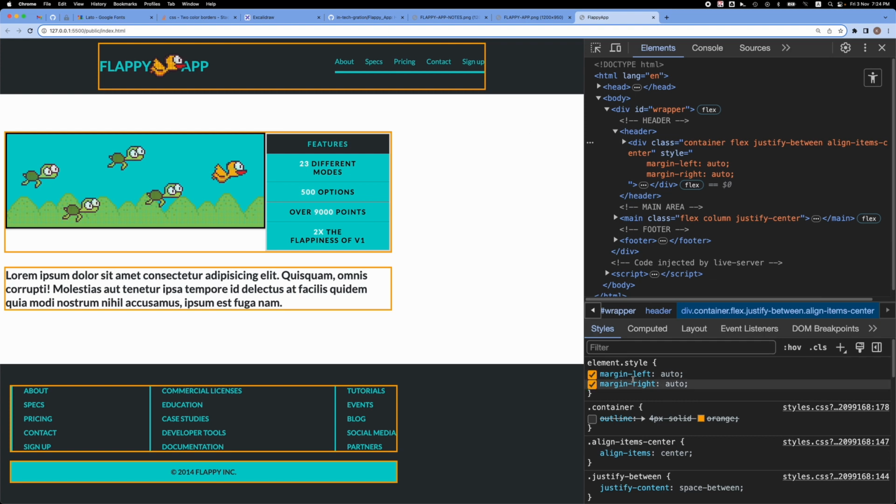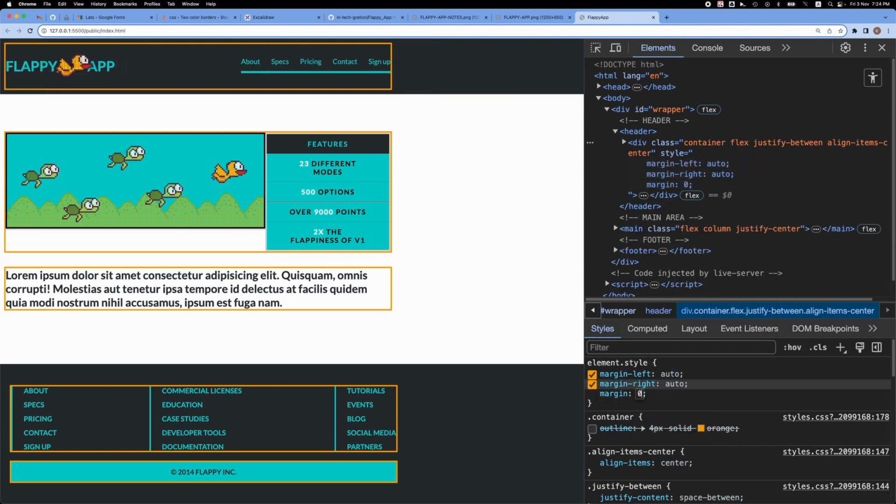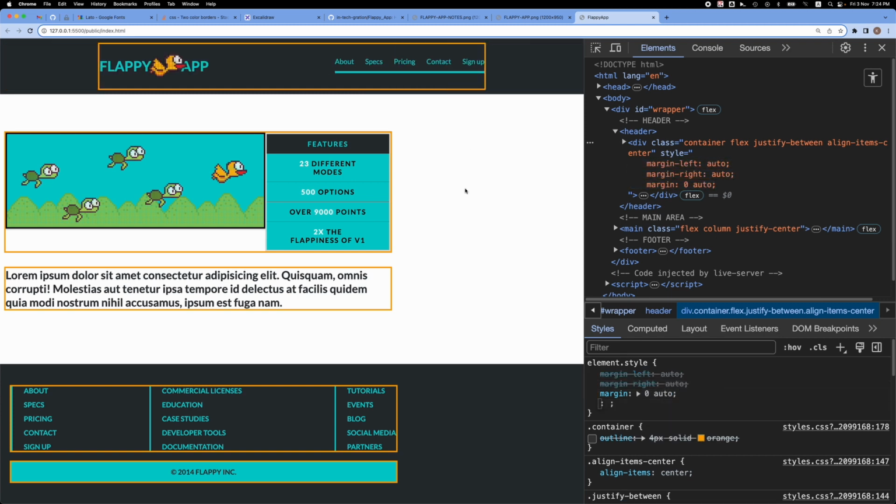So by using margin left and right auto, or the shorthand margin, which is 0 for top and bottom and auto for left and right, I can get the same effect. If I use this margin 0 auto, or margin left and margin right auto, on these containers, I will center them horizontally. So let's do that. Let me just move this